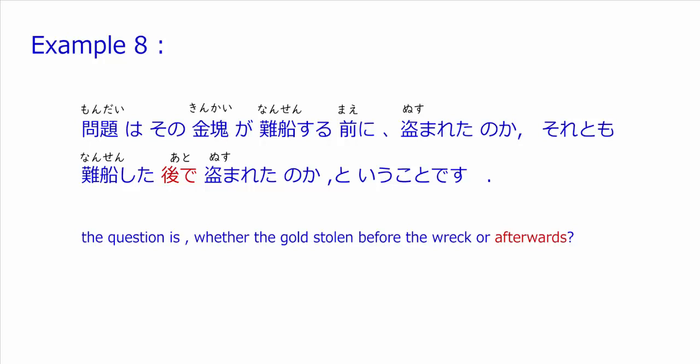The ato comes with de, referring to the general event after this being important, and the order of it, of course. The mae ni comes because it wants to say event 1 happened before event 2. So kinkai ga nansen suru is event 1, then comes mae ni, and then nusumareta no ka, which is event 2. And the no ka just makes it more like a question. Now let's read it again. 問題はその金塊が何千する前に盗まれたのか、それとも何千した後で盗まれたのかということです。